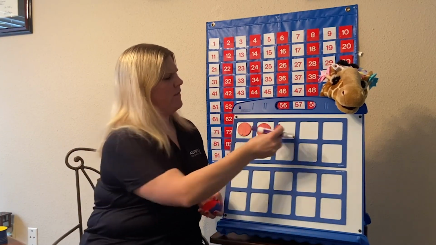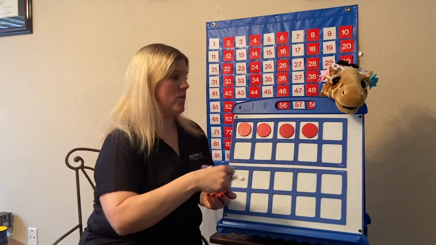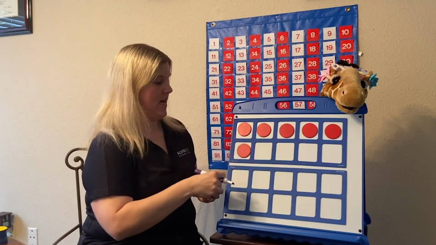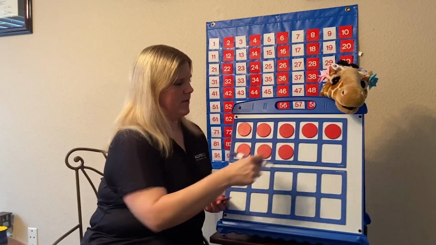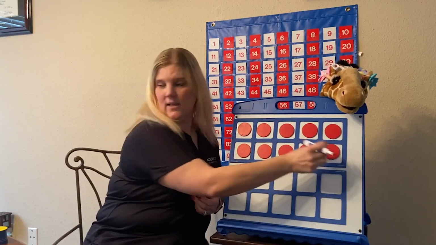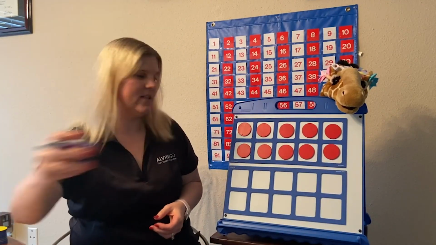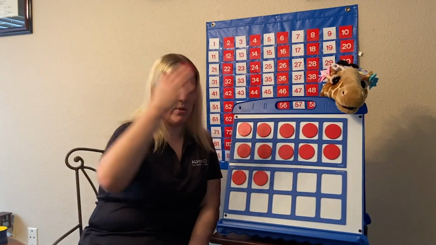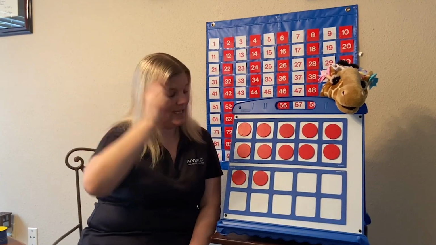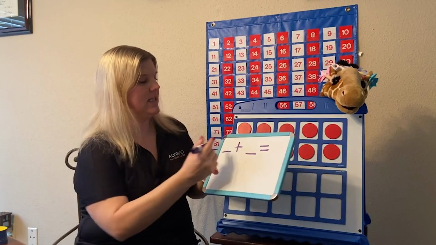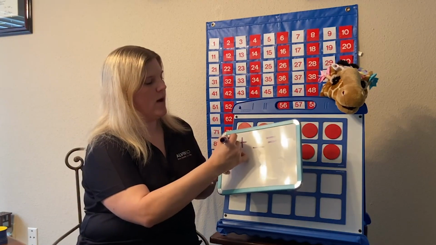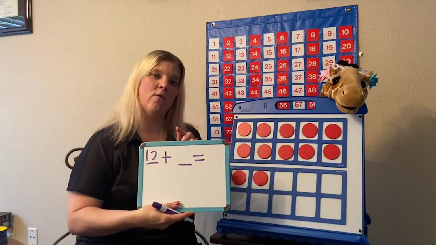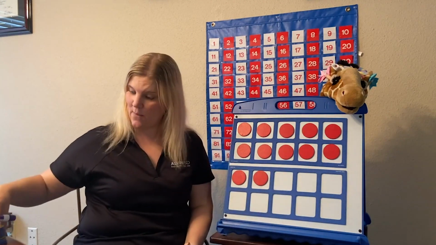what do we know if the 10 frame is full? We know that that already makes how many? 10, okay? Hang on, I'm not quite there yet. Okay, so this is the first part of my addition number sentence. If you subitise, you can look and you know that's 10. So put 10 in your head and count on. 10, 11, 12. So the first part of our number sentence is 12, okay? 12 plus, now I'm going to reveal how many more.